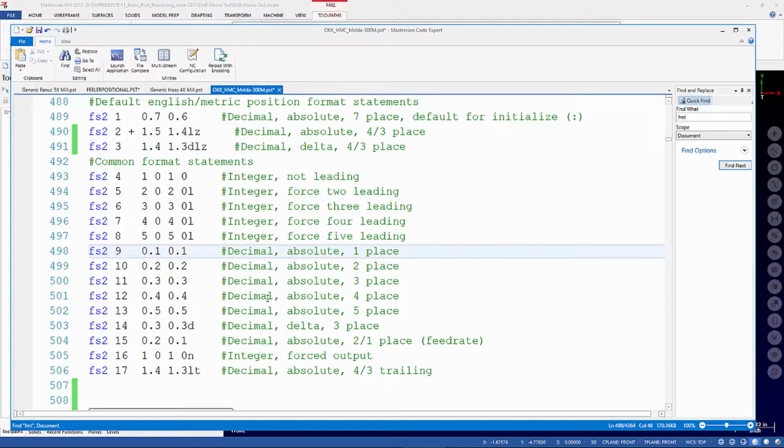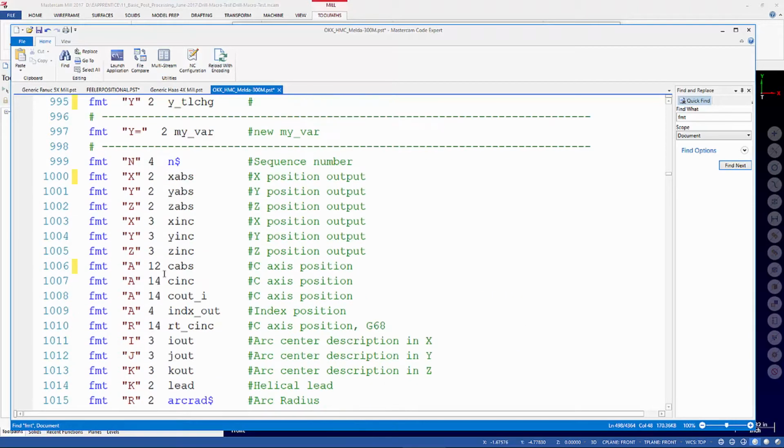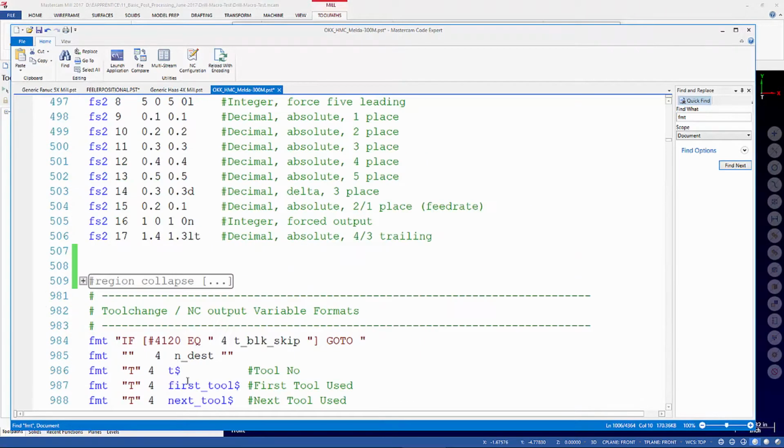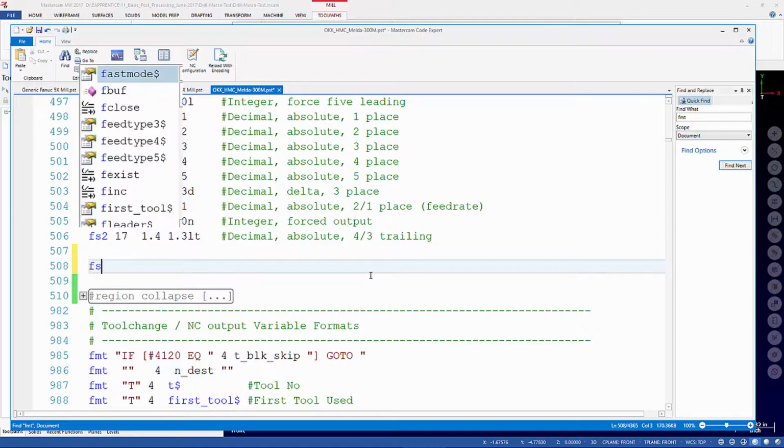Most of the time what I'm doing is either modifying the variables themselves, or like in the case of CABS here, changing which format assignment is assigned to the value. Now I think since we are coming to the end, I'll wrap it up by just creating my own format statement. So if we're going to create one from scratch,